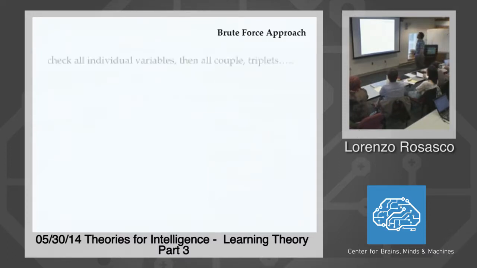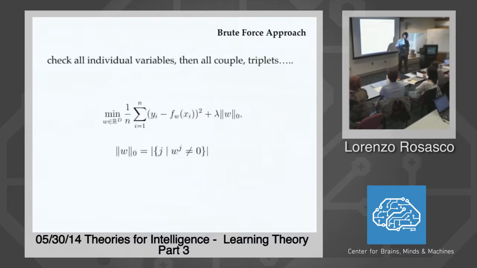Could you fit normally and start cutting off weights that seem to be below a certain threshold? I guess one possibility is to do least squares, like the linear least squares I showed you before, fit the best way you can, and then you already have a lambda, and then you put another parameter that would be some kind of threshold. Basically you get the W vector of your linear model, and you look at each entry, and if it's small, you throw it away. And then you have to decide what's small. And now I have two